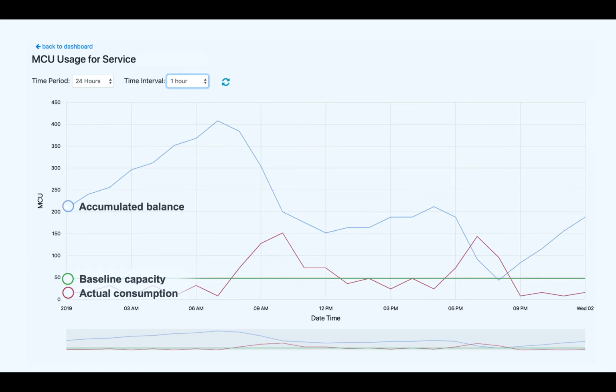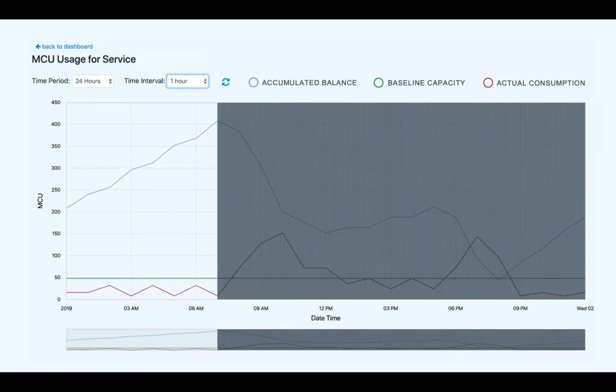The blue line is the rollover balance of unused compute credits. At a baseline capacity of 50 MCU per hour, the service can accumulate a maximum of 600 MCUs as unused compute credits. At the start of the day, demand is below the baseline capacity, as shown by the red line. As a result of this underutilization, unused compute credits are accumulated by the service every 5 minutes. The upward slope of the blue line shows this accumulation of unused credits. These credits are utilized when the service adaptively autoscales compute to meet the excess demand above the provisioned baseline capacity.